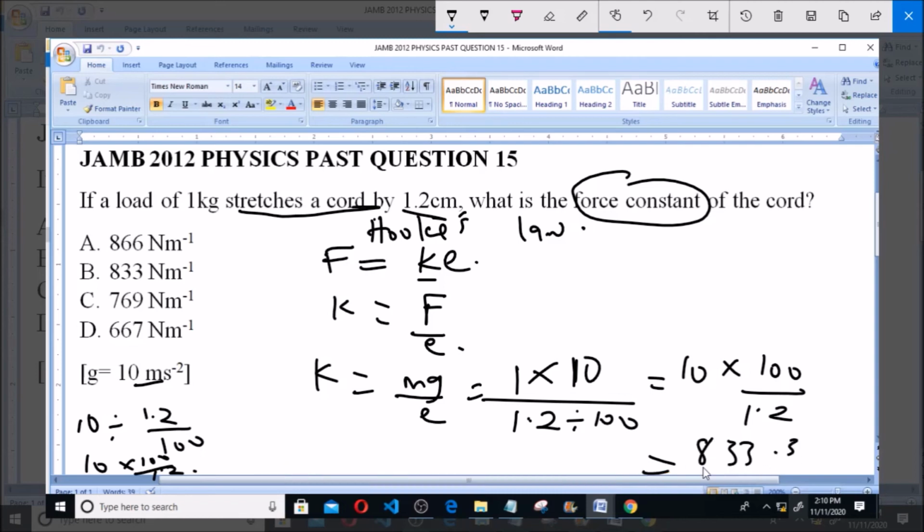833.3, which is approximately 833 Newton per meter. 833 Newton per meter is option B. So that is the correct answer to this